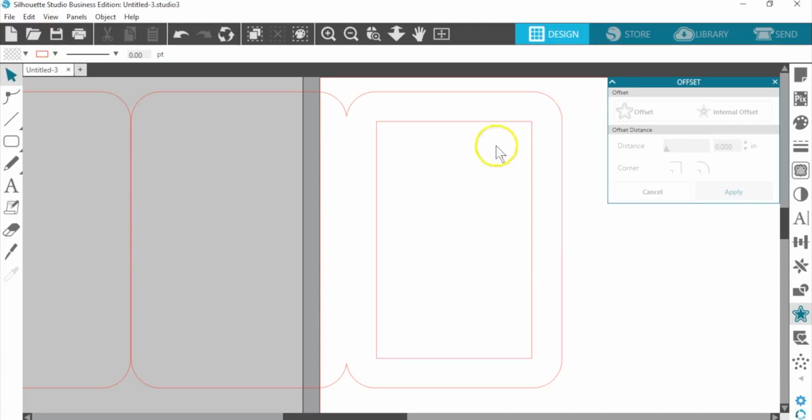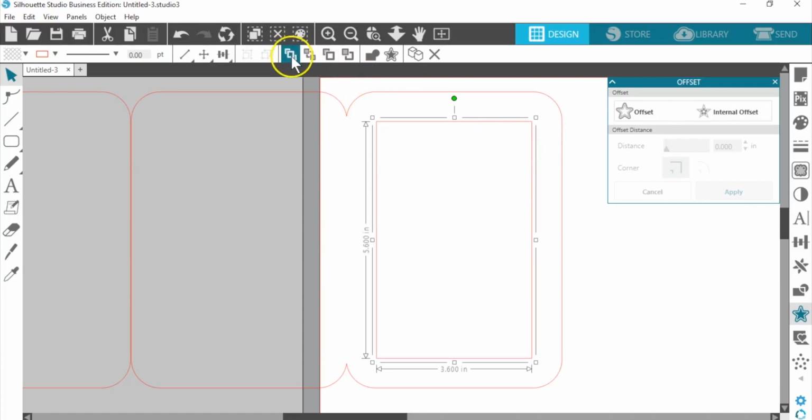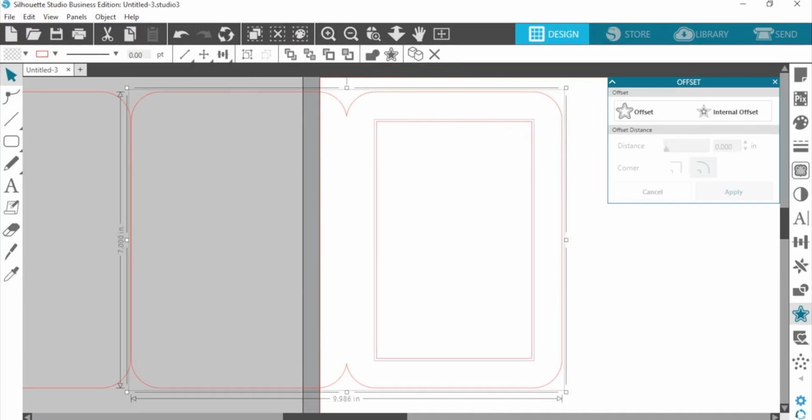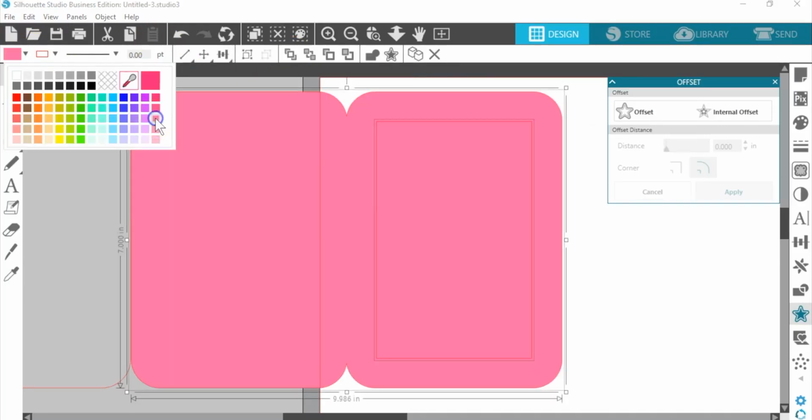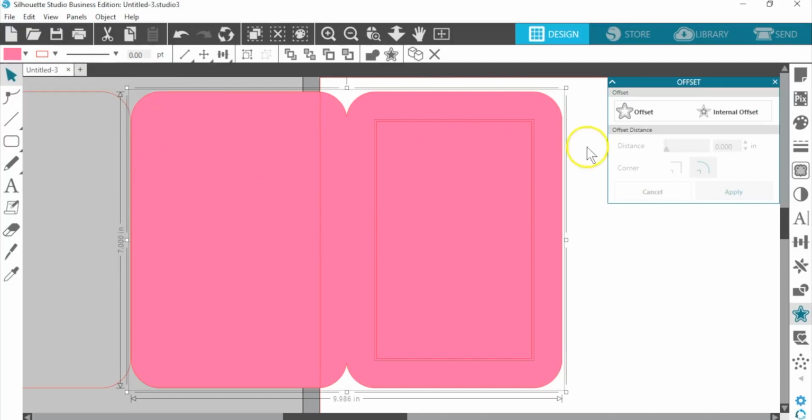Okay, so now I want to turn this inner rectangle into a cutout in this card. I want it to be a frame, and that will let me weld other shapes to it. So I'm going to select the inner rectangle and bring it to the front. You can do that in the Quick Access toolbar. And you'll see if I fill the pieces with color now, they are separate pieces. They both fill with color. So any welding I did at this point would actually absorb that inner piece into it, and it would not become separate, it would just disappear.